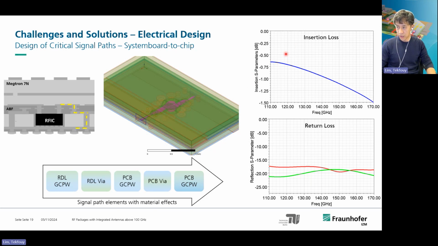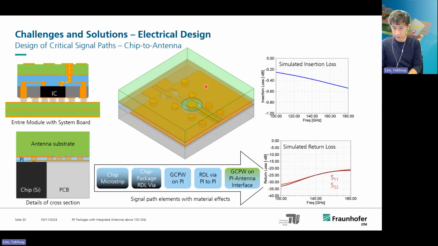Yeah, and here we have the insertion loss, but also the return loss results for this interconnect. Then I'm also showing the results from the ICs, the full signal bus from the ICs to the antenna. Then you have here the simulations. Of course, here I show different vias going through the different materials, but then we can also